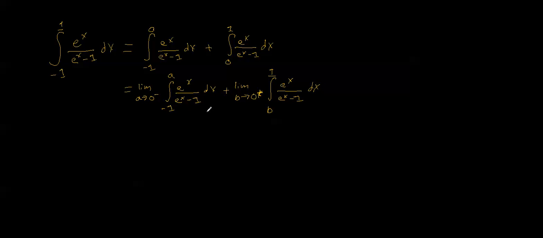dx. Now, to solve this integral, we need to do a u substitution, and we will use e to the x minus 1 as u. When we differentiate this, we get e to the x dx equals du. And then we can plug this back in, and we will get the limit as a approaches 0 from the negative direction, of the integral from -1 to a of 1 over u du